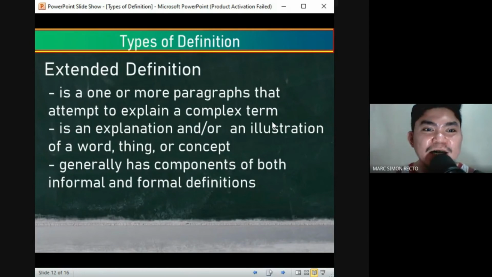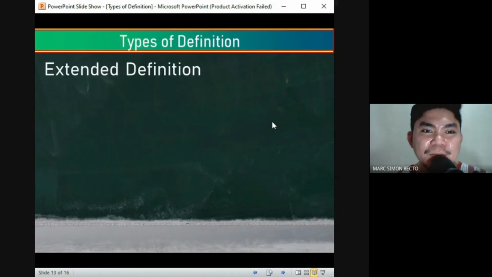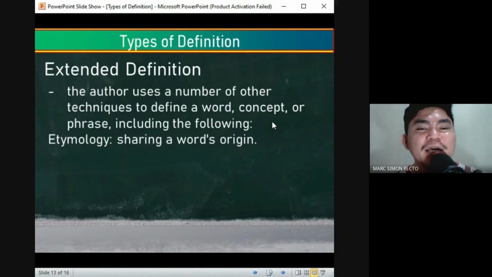definitions. So as the name implies, extended, it's much longer than the previous types of definition. This one, the author uses a number of other techniques to define a word, a concept, or a phrase, including the following: